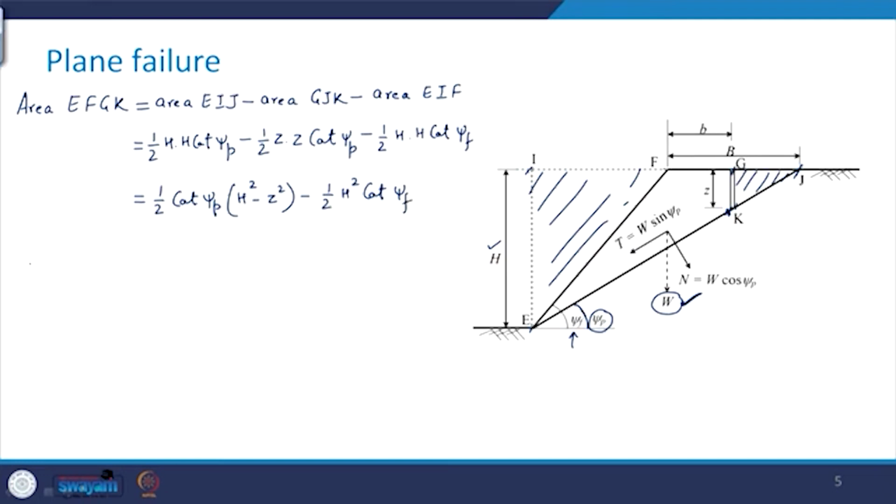Now, weight W will be the unit weight of the rock mass which is there in this sliding block into 1, because it is the unit in the direction perpendicular to the plane of screen, and this should be multiplied by area EFGK. So, what we will get here as W is equal to